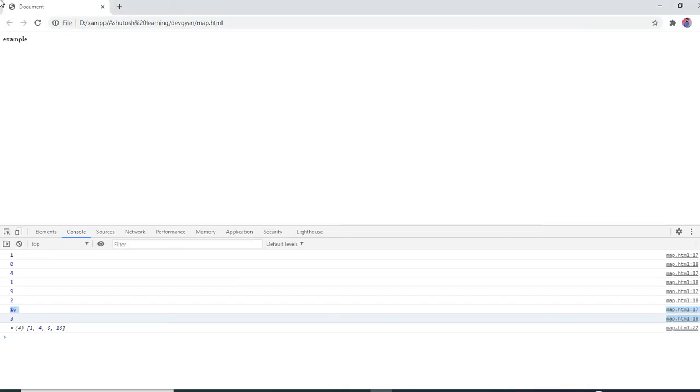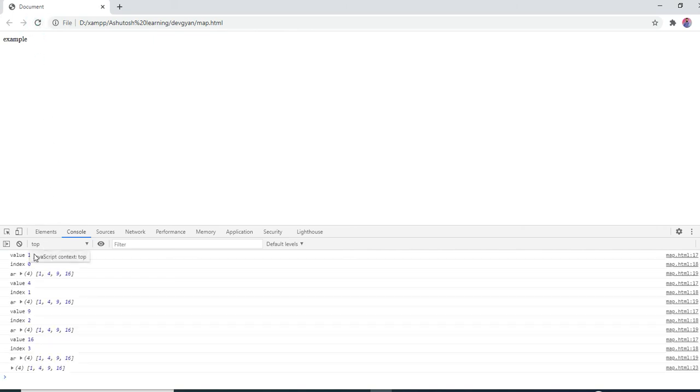Now it will be more clear. You can notice that the value you are getting is 1, index 0, and the array is this one. It means in this array on the 0 index it is 1, on the 1 index it is 4, for the 2 index you can see it is 9, and for the 3 index it is 16. It means you are successfully getting everything.